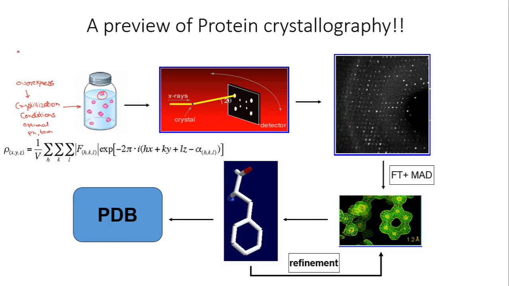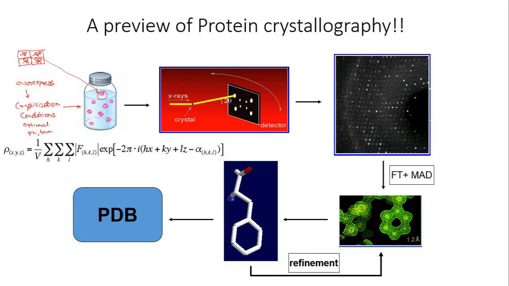We say that your protein molecule, say for example this is your protein molecule, it would orient itself in a periodic fashion. It would arrange itself in some periodic fashion,